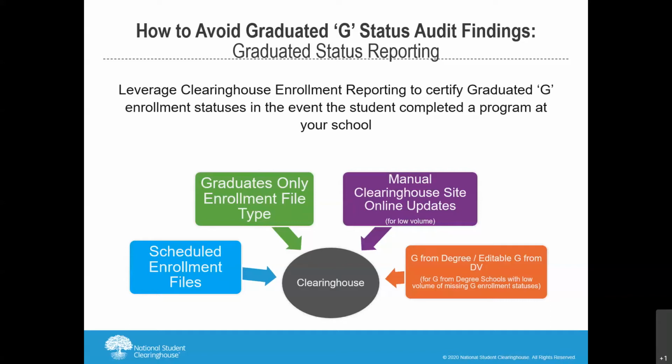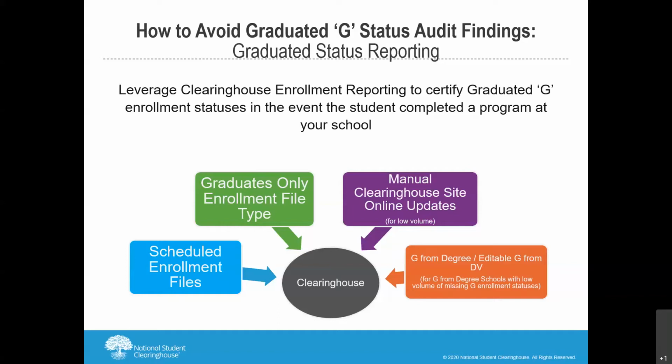One of them is going to be scheduled enrollment files. That would be the schedule that you have set up for enrollment reporting with Clearinghouse, and you could incorporate enrollment status changes that are changes to graduated the way you would report any other status change, like an increase in status, half-time to full-time, full-time to less than half-time, withdrawn statuses. So you can incorporate them that way at the campus and/or program level, wherever it is appropriate for